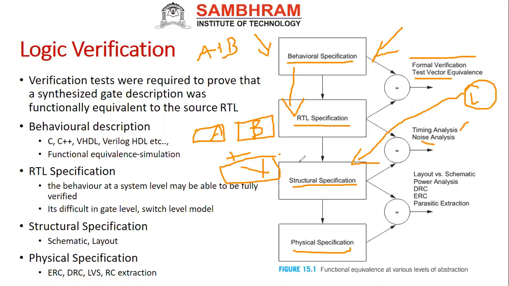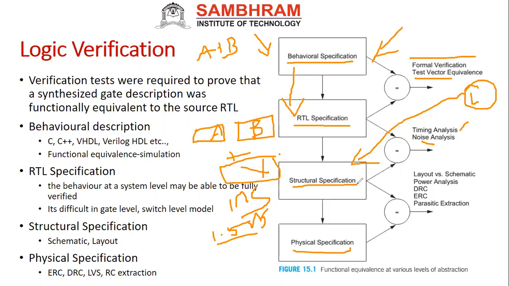Your simulation might have given the output, for example the propagation delay from input to output, as 1 nanosecond. But once you have drawn the layout and done the simulation again, you might get 1.5 nanosecond delay. What happened now? There was a delay in the layout, so we have to be very careful while doing this.